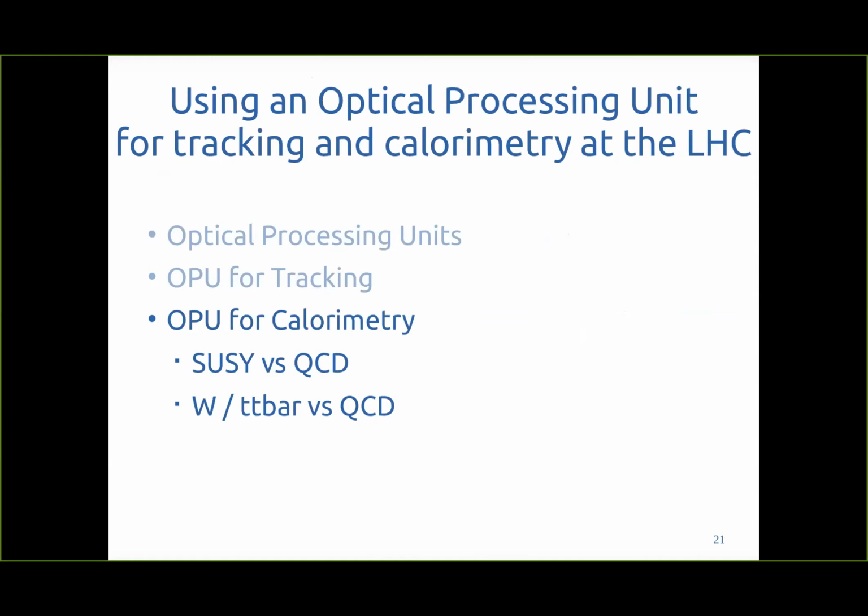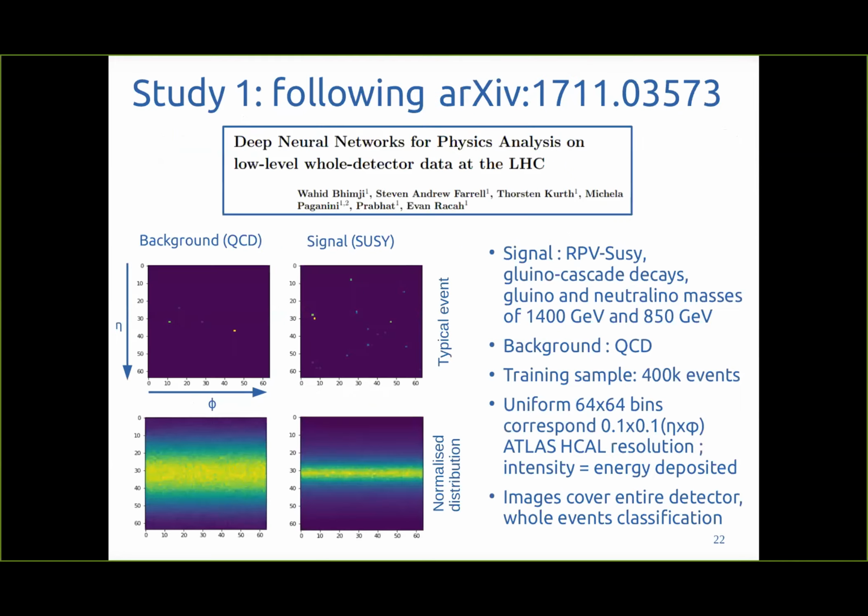The two were designed to be some end-to-end learning, so really not go through handcrafted variables, but start from images. Make some CNN that were both optimized on huge superclusters and have a result. And we tried to just use the OPU to have some fast training, low dimensionality, and see how it fares in comparison. First study was this one, and it consisted in a calorimetric representation of detector, so 64 times 64 bins.